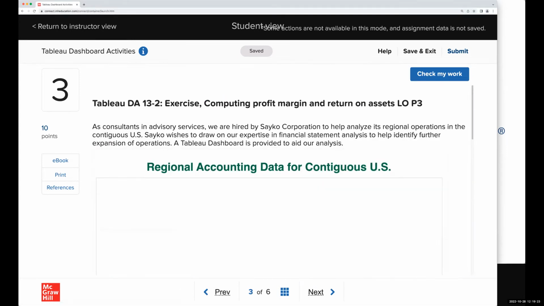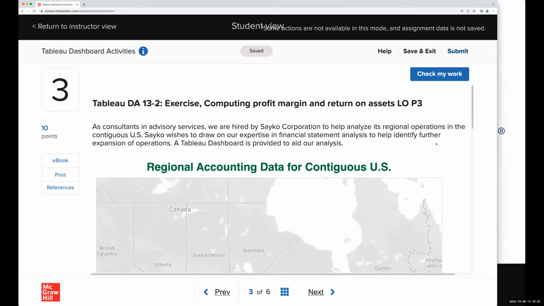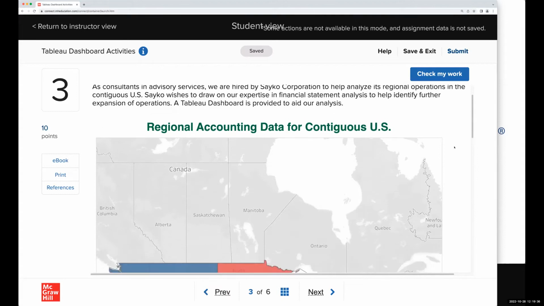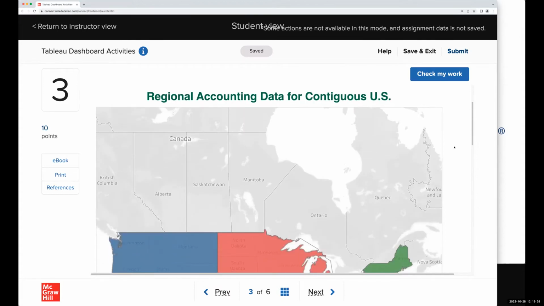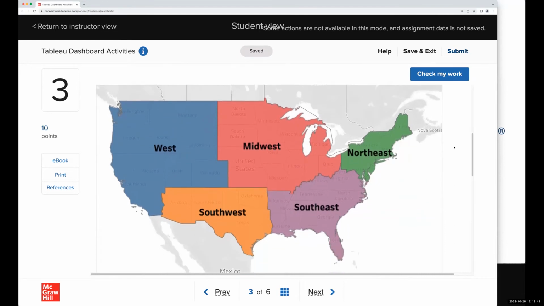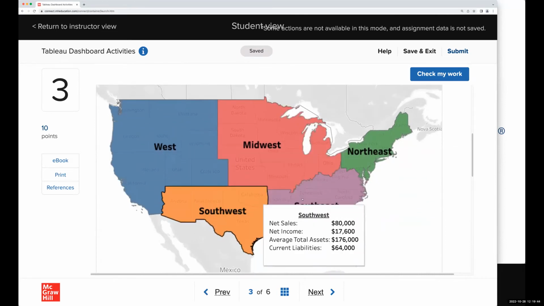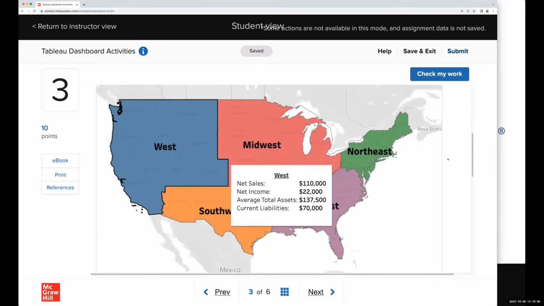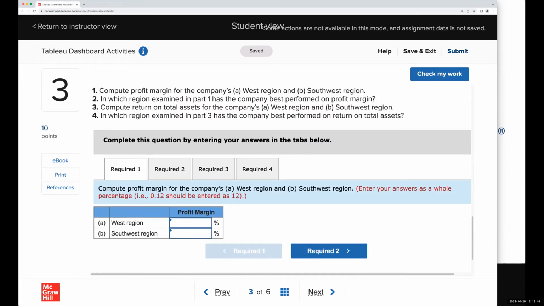Let me jump a little bit ahead in my course now. I'm going to jump ahead actually to the end of my class. And this is the financial statement analysis part of my class. Sometimes I cover this in financial, sometimes in managerial, it just depends on how things are going. But it works great for both classes. So if we look at this company, we'll see that they break down their financial information into different regions of the United States. So let's scroll down here and see what we want our students to do.